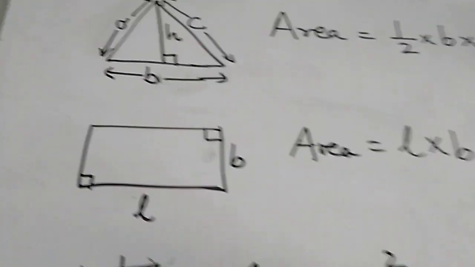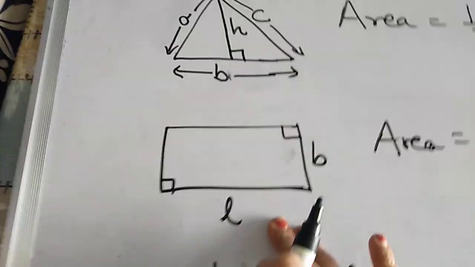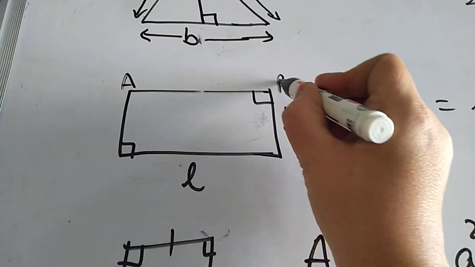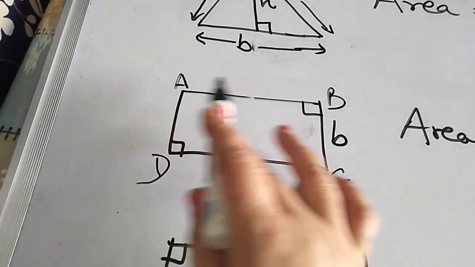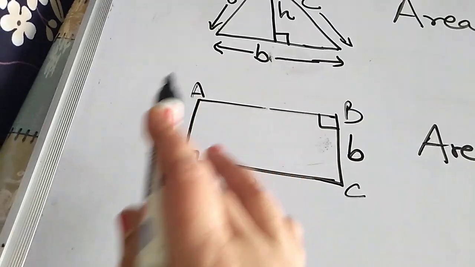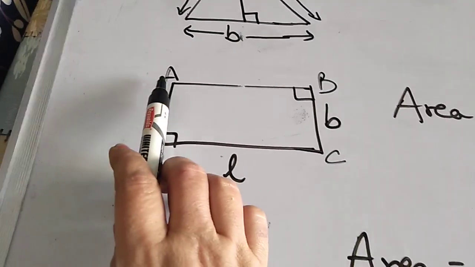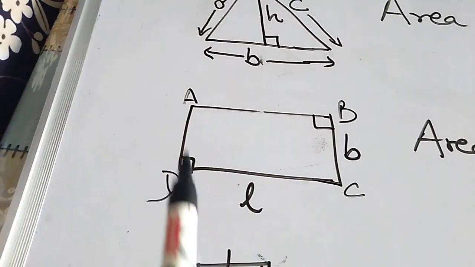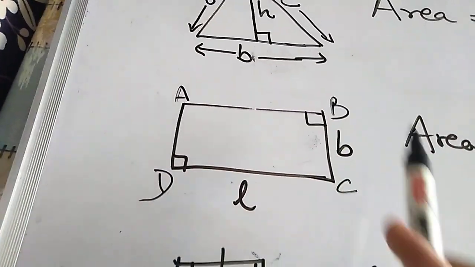Now see here. I am going to start with this rectangle here. Yeah, this is a rectangle. You all know the properties of a rectangle. ABCD is a rectangle. I hope you all know the naming. We start from one vertex and go either clockwise or anti-clockwise. We will never name it as ABDC, we'll always name it as ABCD, from wherever we are starting, going either anti-clockwise or clockwise.